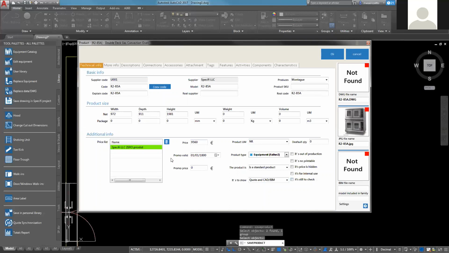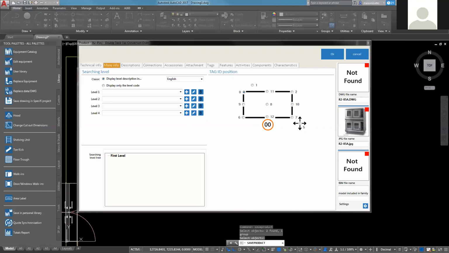You can also specify the price and the product type: whether it's an equipment or an accessory. In this case it's an equipment. And you can move to more information, because in more information you can also identify the searching categories,